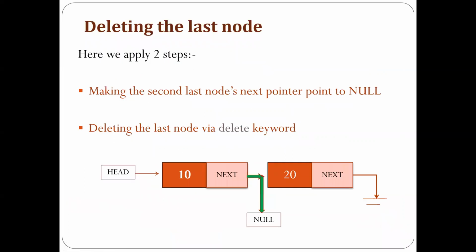And now deletion for the last node. Deletion for the last node is actually nothing but making the second last node's next pointer point to null. This is the last node, suppose, present in the original linked list. So this node I want to delete. If I want to delete this node, what I have to do is take the previous node for this node, like in this case 10 is there. This node's next address field only I have to set to null. So that next time it will become the last node in the new list.